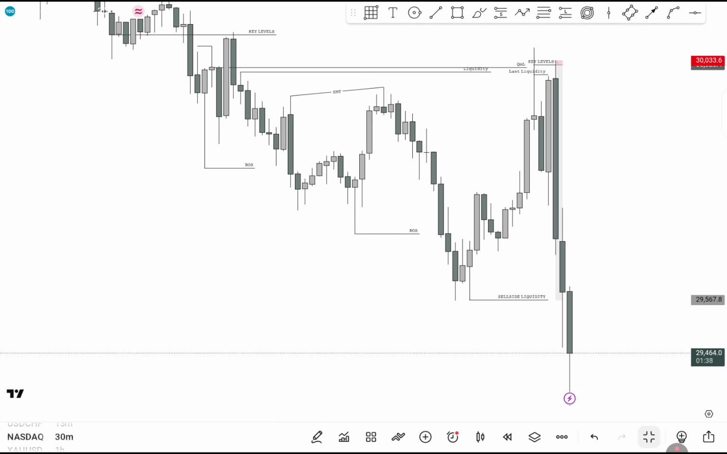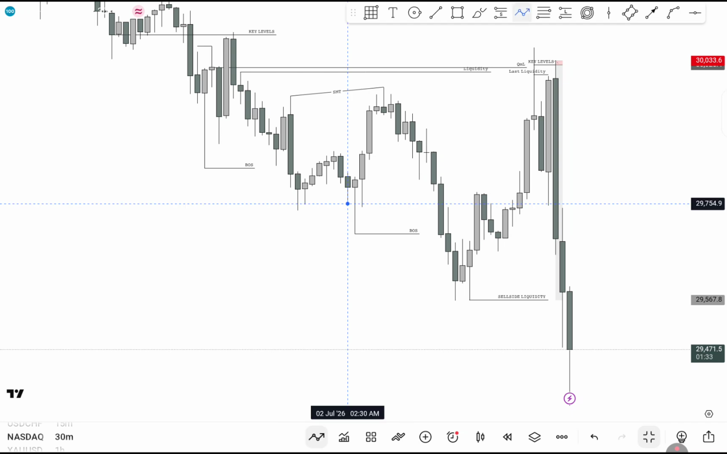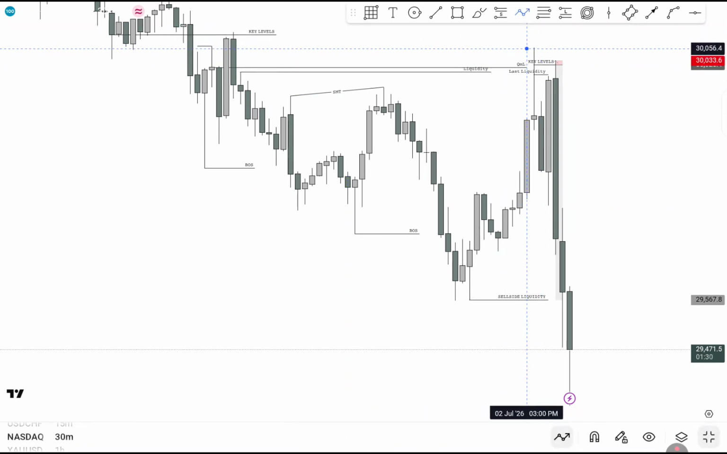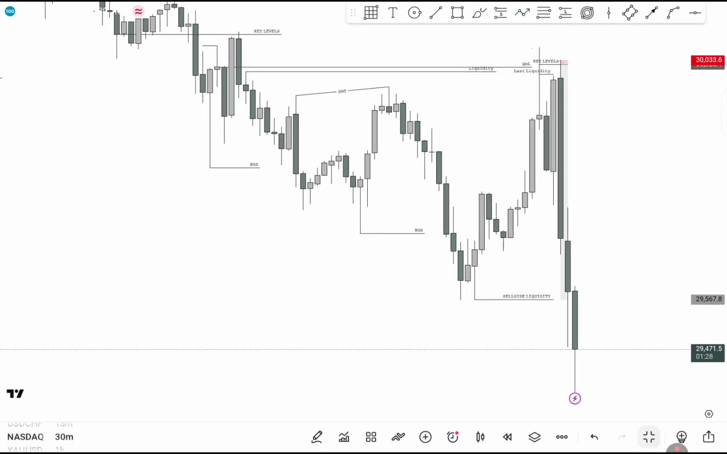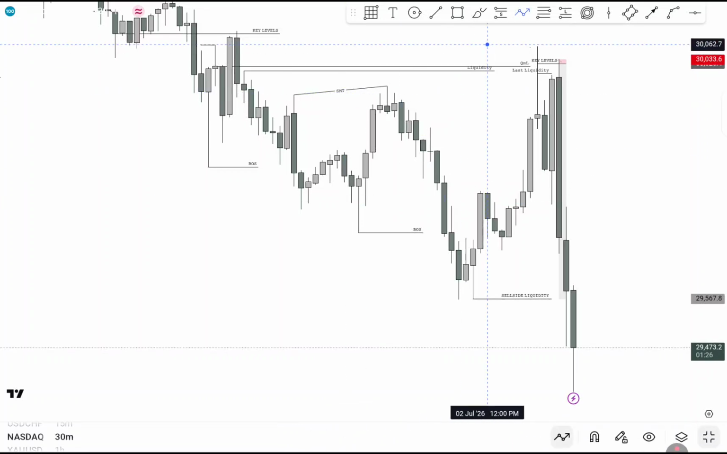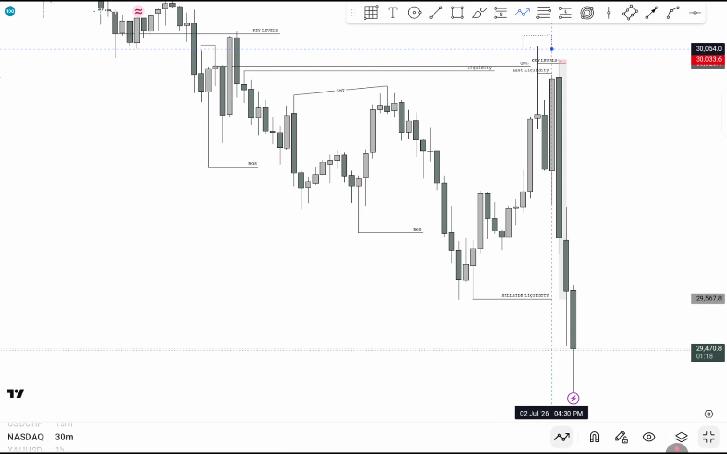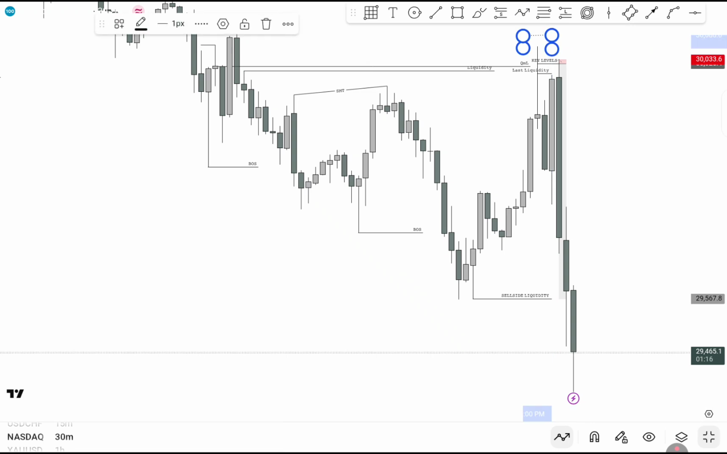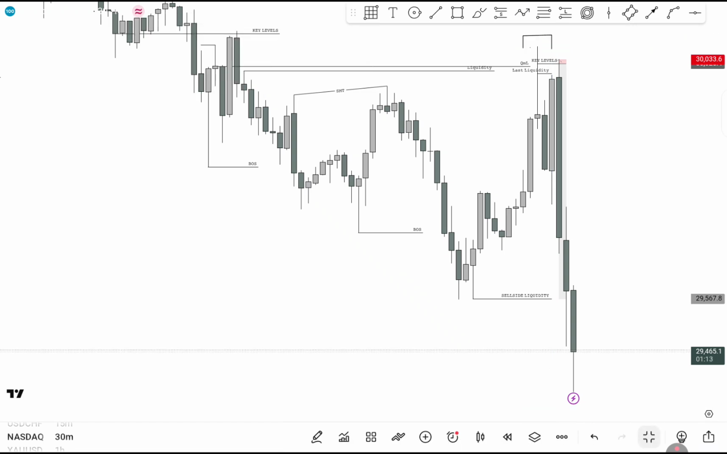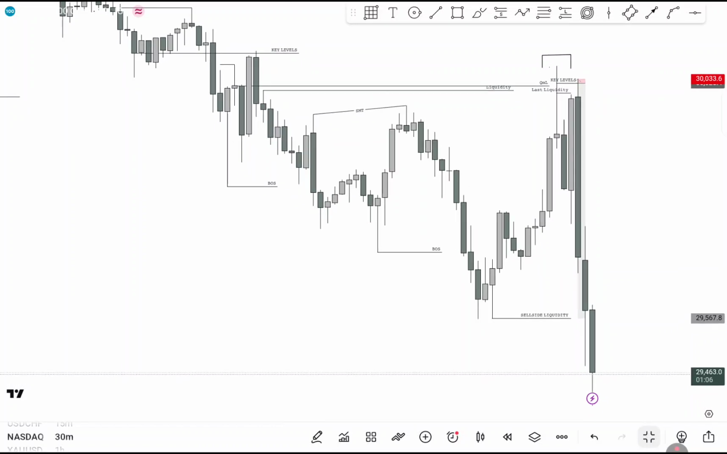Wherever price manipulates, as what you're looking at here, I want to show you some over here. Wherever price manipulates and you get something like this, usually price comes back